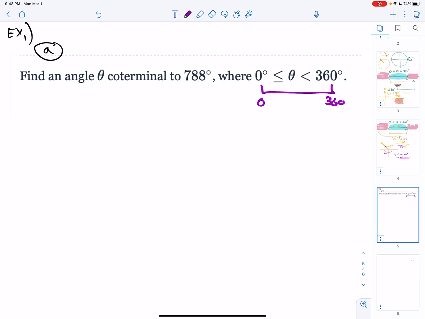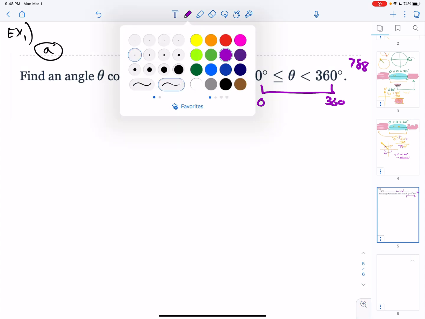So you take a look at your angle, 788. Is that too large or too small? That is definitely too large, right? 788 is somewhere to the right of 360. So whenever it's too large, you want to reduce it down. So what you do is you subtract